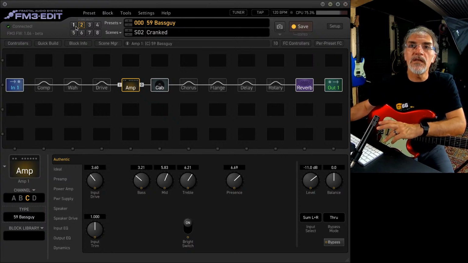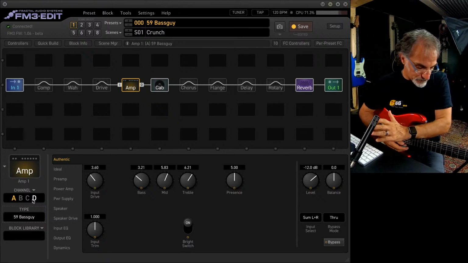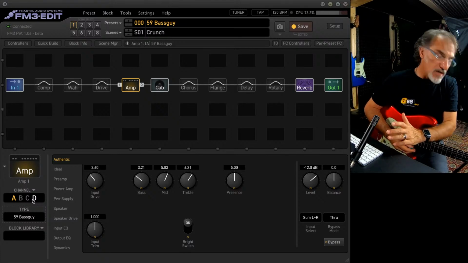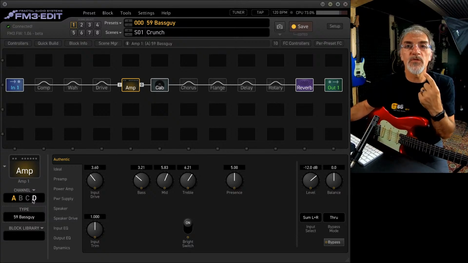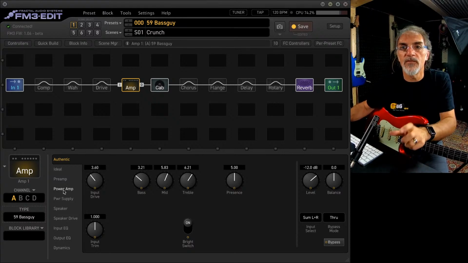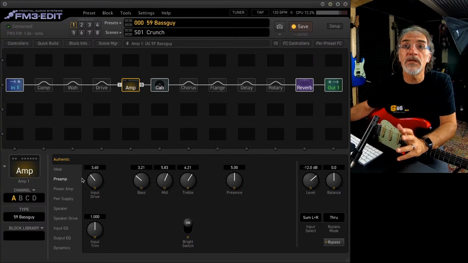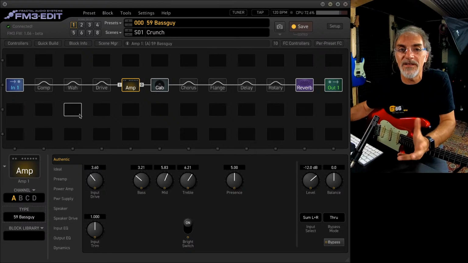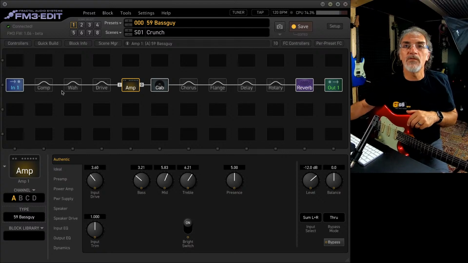In this case, the scenes are used to change the channel of the amp. Typically, this amp, the Bassman 59 Bass Guy amp, has only one channel, but you have the possibility to have 4 different statuses of the channel, 4 different sounds of the same amp. This is very, very powerful, and you cannot do this in the real world because you would need more amps. With this system, you can do more.